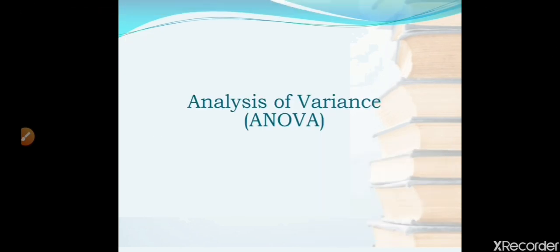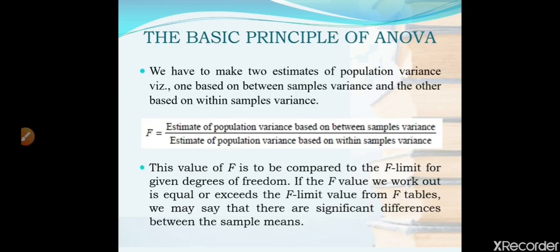Then we move to the analysis of variance, ANOVA. So the significance of the difference between the means of two samples can be judged through Z-test or the t-test. But how to find the differences among more than two sample means at the same time? So this can be done with the help of the ANOVA. So the ANOVA technique is important in the context of all those situations where we want to compare more than two populations.